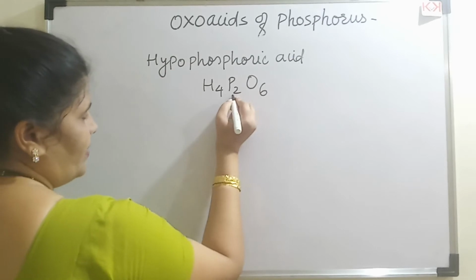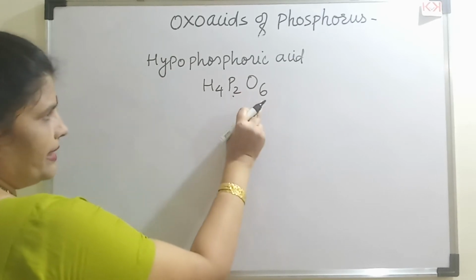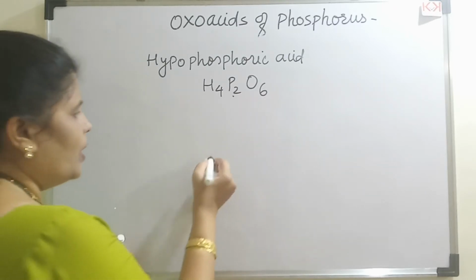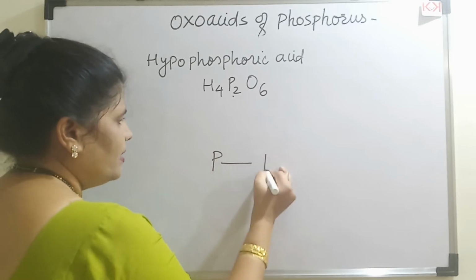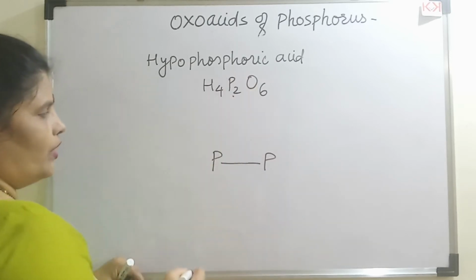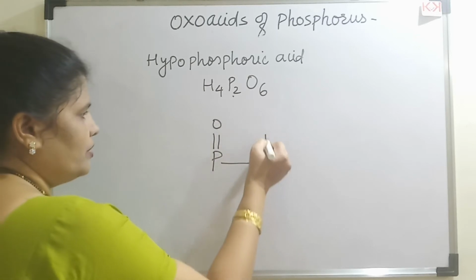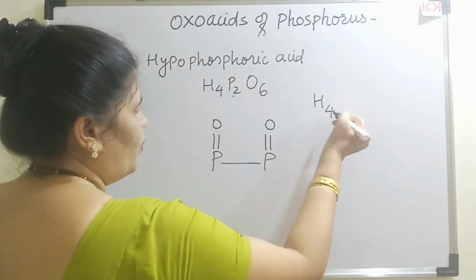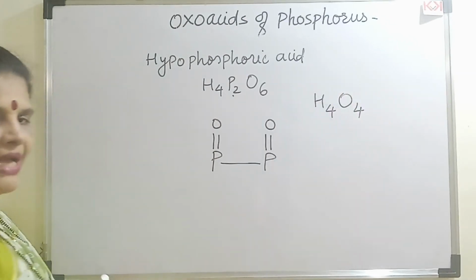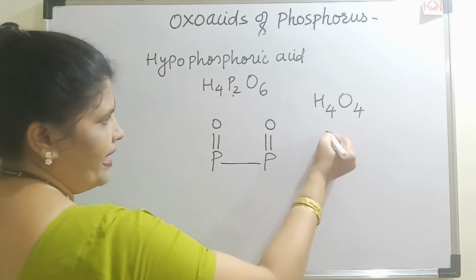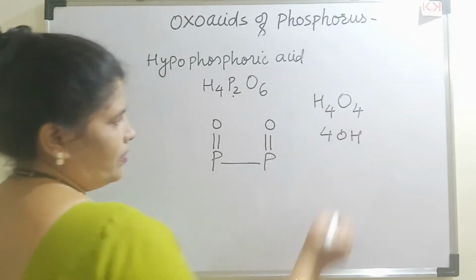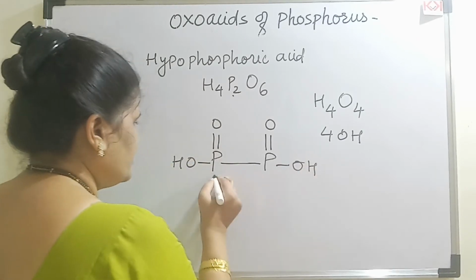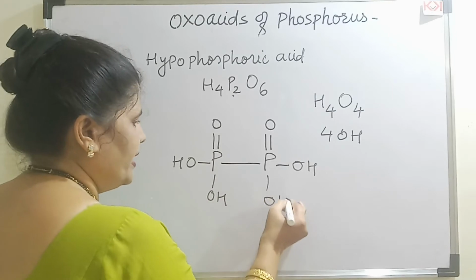Here, now if you see, there are 2 phosphorus atoms, but the number of oxygen atoms is even. So there won't be any peroxide linkage. So how will I write? First phosphorus here, the second phosphorus here. 2 phosphorus gone. Then attach a double bond oxygen on both the phosphorus atoms. What is left now, students? H4 and O4. For the maximum number of OH pairs, I think you can make out, I can make 4 OH groups here. So attach 2 to this side and 2 to this side. So the molecule is this.